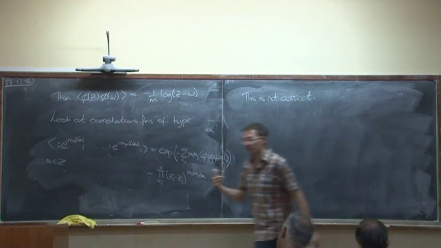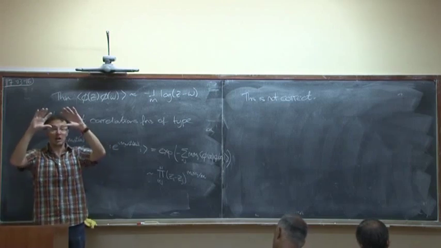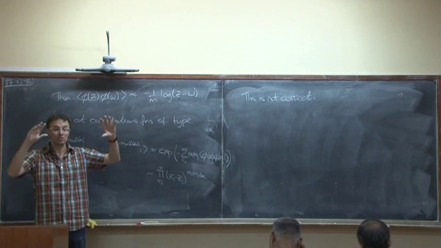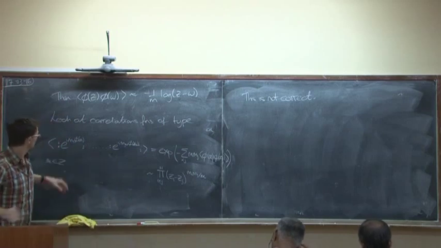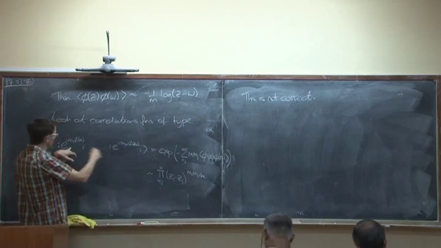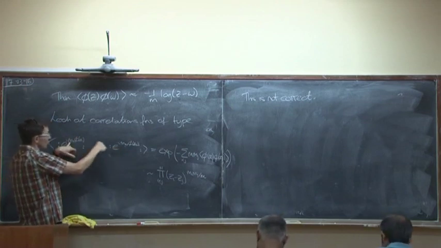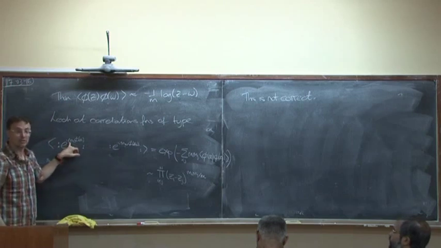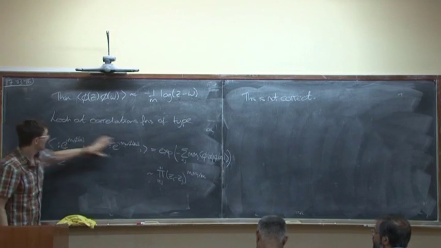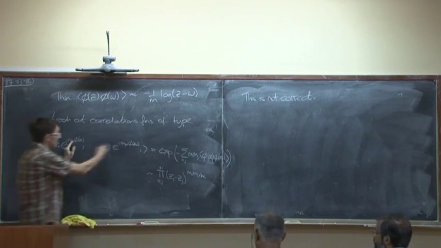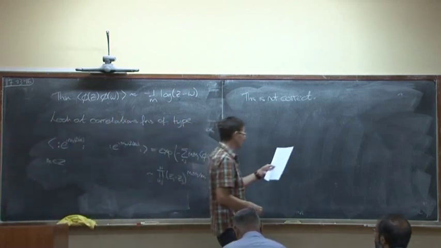The original theory, which you can see in the action, is invariant under phi goes to phi plus a constant. If phi was a periodic field, it didn't matter what value it took. But this correlator here, if phi goes to phi plus a constant, picks up a phase which is e to the i, the sum of all the n's times that constant. So if the theory is going to be invariant, this thing on the left-hand side has to vanish unless the sum of all those n's is 0, because it wouldn't be invariant otherwise.